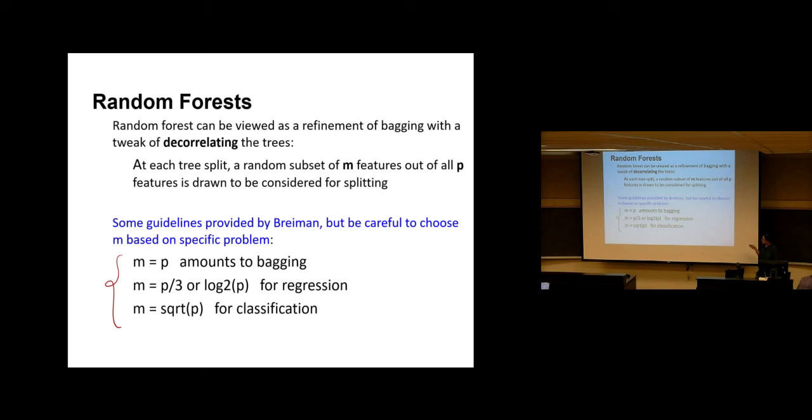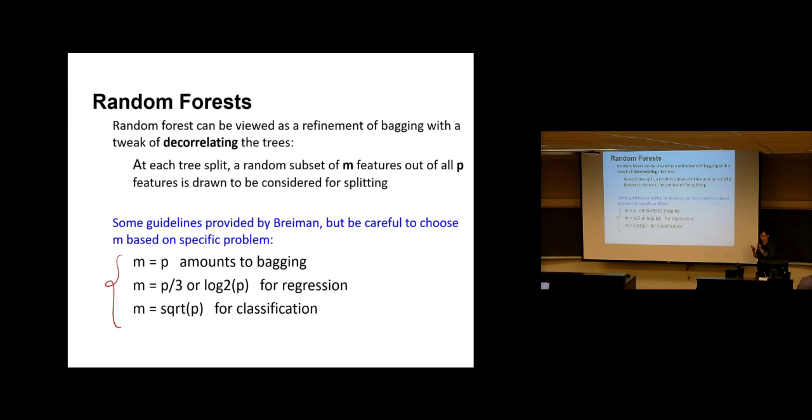And normally for regression tasks, the author actually did a lot of theoretical analysis to recommend log P or P over 3 for regression choice. And also for classification it is square root of P. So if you want to understand why, feel free to read the original random forest paper. It's a very solid